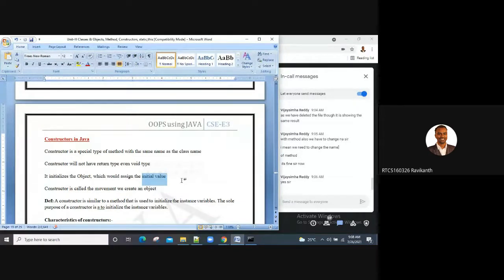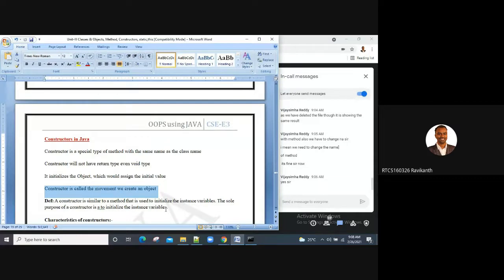The initial values table we saw in the previous class: string occupies null and int occupies 0. The constructor is called the moment we create an object. The moment an object is created in your program, the constructor is immediately called.